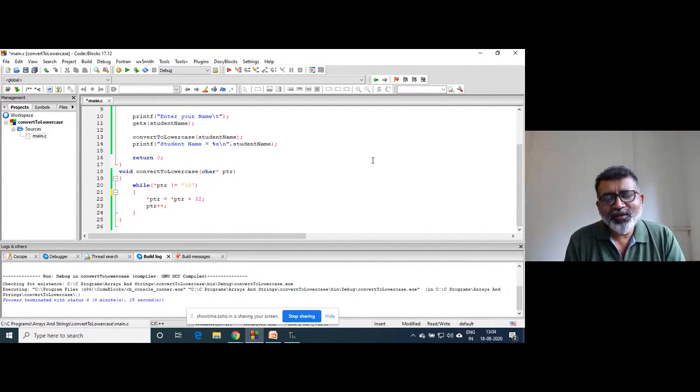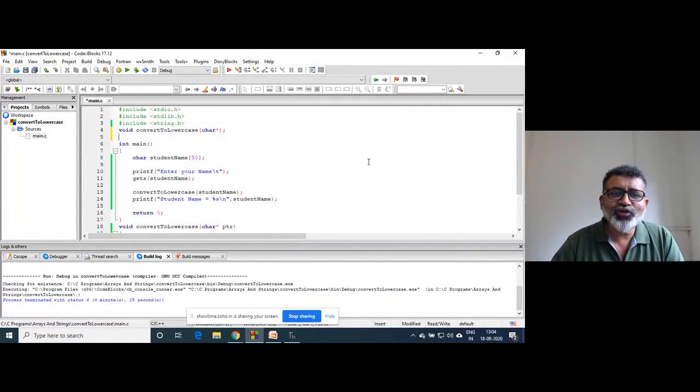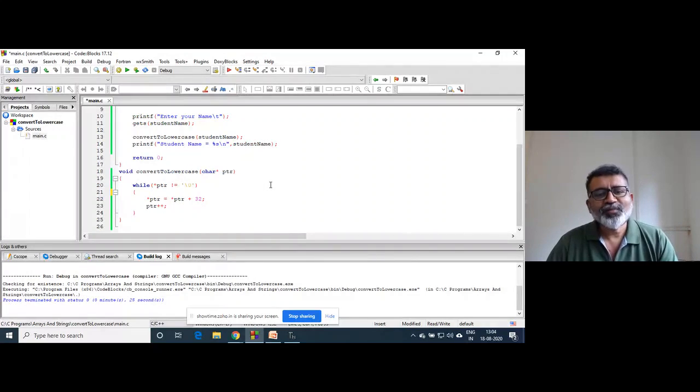There you can write one more function like change case. If uppercase is there, change to lowercase, and if in the source string lowercase is there, change it to uppercase. But not blindly, because suppose